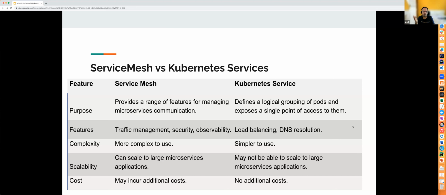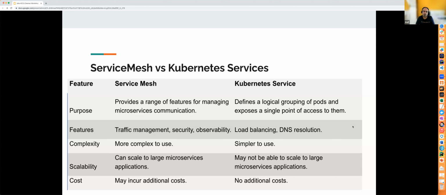It doesn't care about how the traffic is moving from one application to another and what security needs to be there while communicating from one microservice to another. Obviously, Kubernetes service focuses on just two things, so it's very simple to use, but it cannot cater to a large scale of microservices and applications.